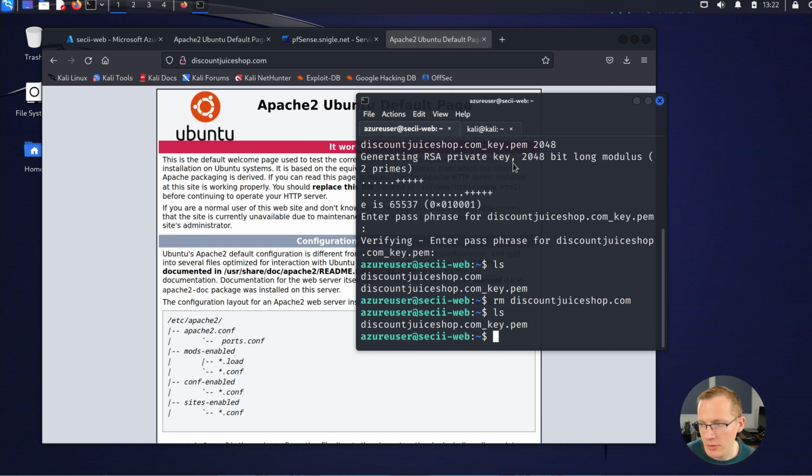So now I need to generate a CSR, or a certificate signing request. This is essentially going to be the request that I'm going to present to the certificate authority, which is oftentimes known as a CA, and they're going to issue a certificate for us to install onto our web server. So once again, we are going to be using OpenSSL. I'm going to run openssl req for request, -new, -sha256,